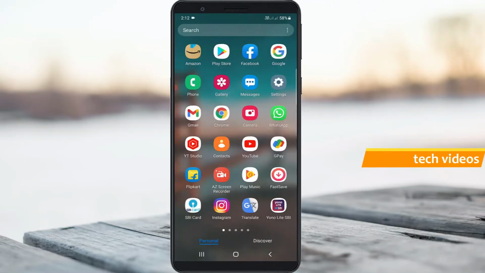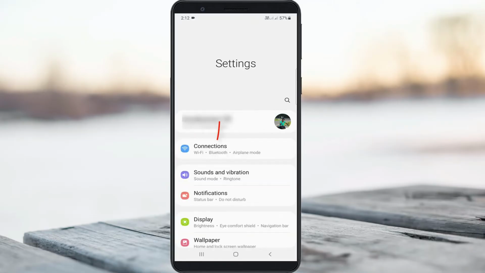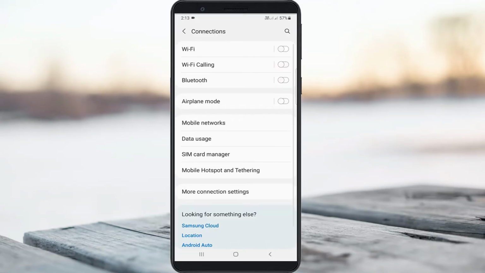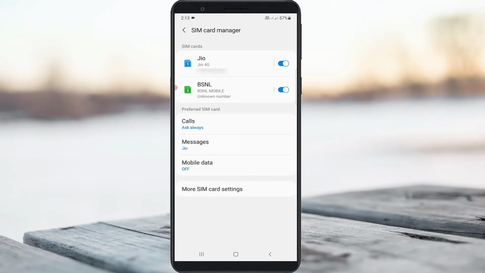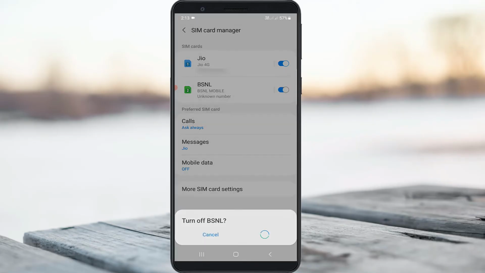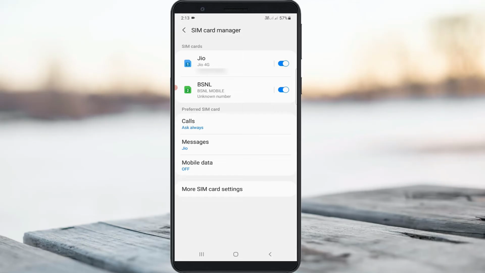At the same time, if it shows the same message even if you enter the correct USSD code, just follow these few steps. Just open your settings menu and go to connection settings. Here I access the SIM card manager and it shows my dual SIM card names, but one time disable and enable your error-occurred SIM card. Once you've done this process, just go back one step.